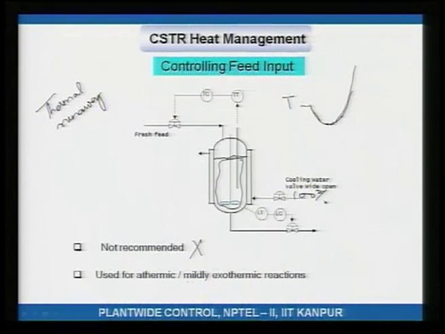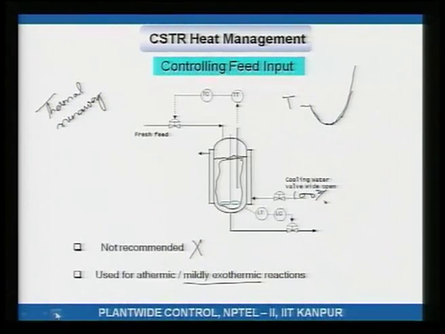It may be used for reactions that are only mildly exothermic. However, such reactions are very rare. Maybe you will get such reactions in the pharmaceutical industry, maybe biological fermenters and so on. Certainly not in the process industry, certainly not in refineries and the petrochemical industry. Mildly exothermic reactions in petrochemical or refining processes are very rare. Let's just say that and leave it at that.